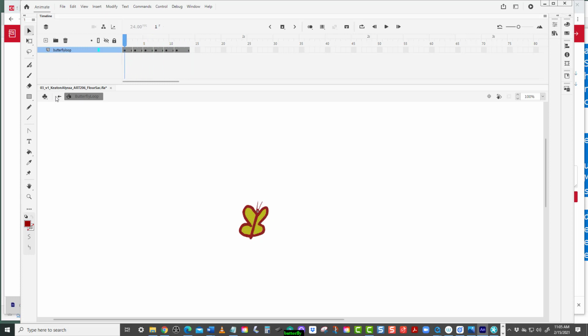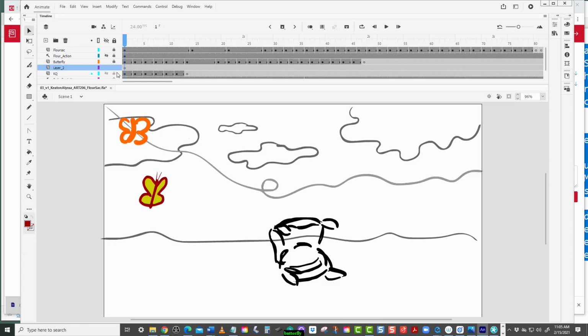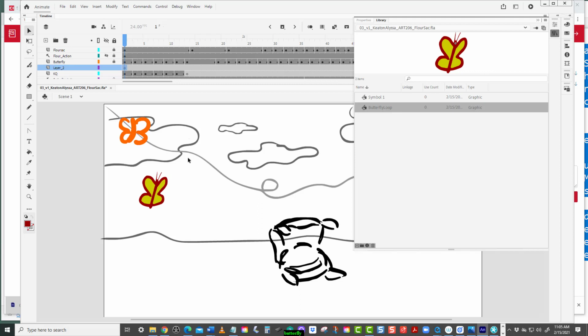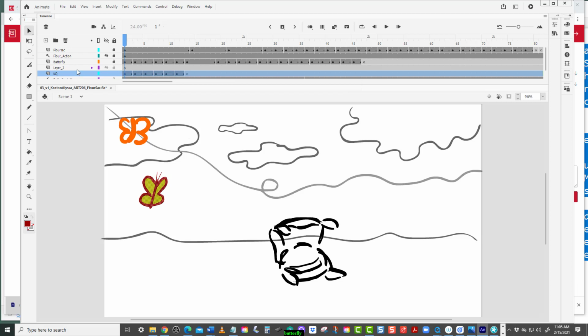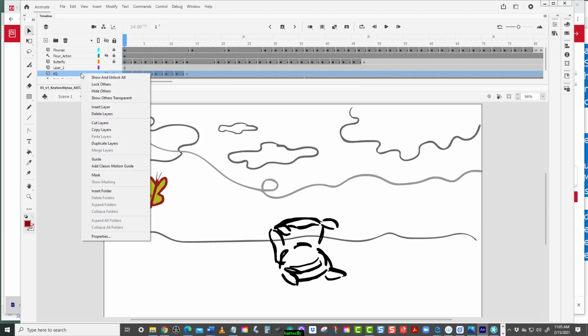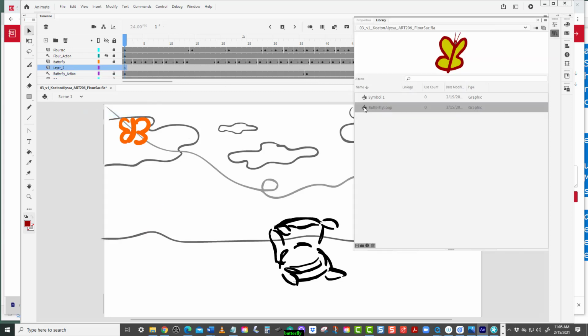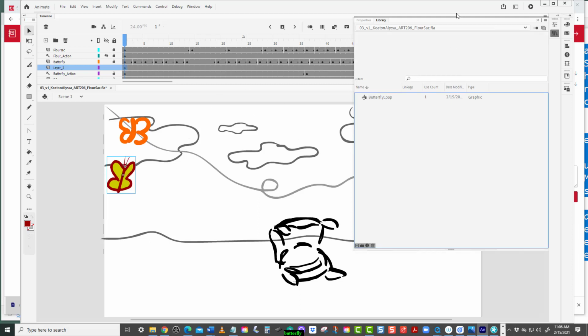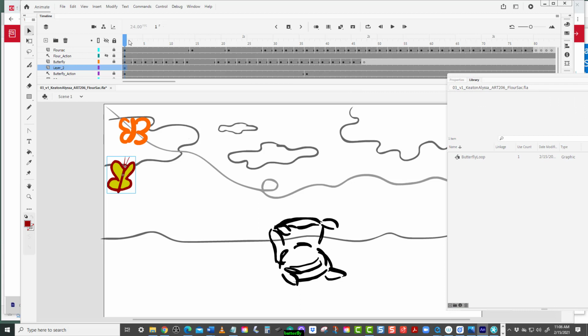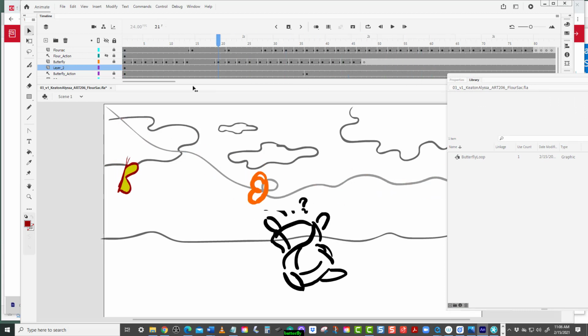All right, when I come back here, meaning go back out here, on this layer here, in the library now, there's a thing called butterfly loop. So I can delete this layer, and I can drag the butterfly loop out onto the stage. Okay. So now what's going to happen is, you see this butterfly will be flapping away, right,